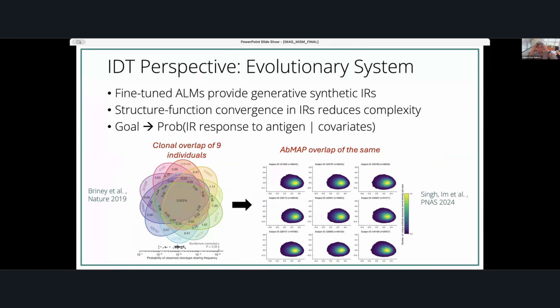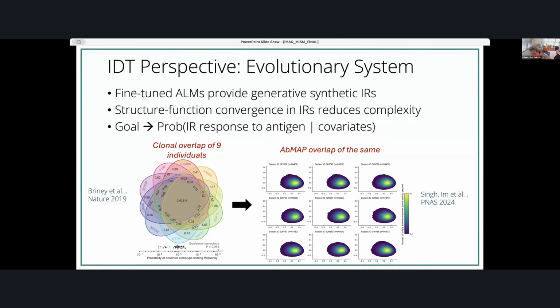So what does this have to do with immune digital twins? I think quite a lot, actually, because the trouble with the immune repertoire is that it's insanely diverse and it varies so much from person to person. In a recent study, for example, if you look at clonotypes of 9 individuals, only 2 out of 10,000 clonotypes show overlap between people. So at the sequence level, there's very little overlap, which means it's almost impossible to train machine learning language models to predict what the repertoire will do. And if that's the case, it's quite hard to imagine how you could build a reliable immune digital twin. But if you look at the embedding space of the immune repertoire,